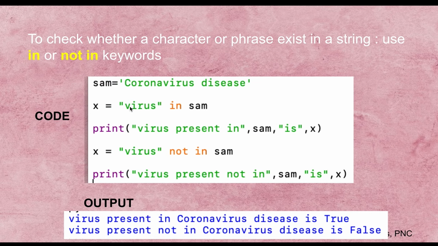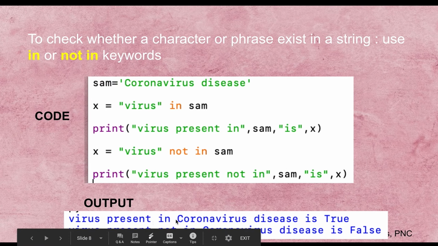We check whether virus is in Sam. Sam is the variable name representing coronavirus disease, and so when you print virus present in Sam is true or not. As you can see in the output, virus present in coronavirus disease, yes, it is present,